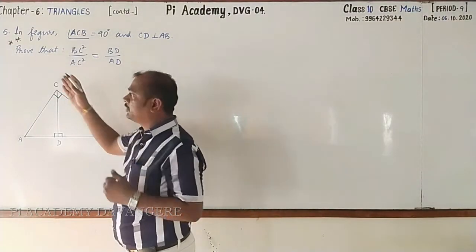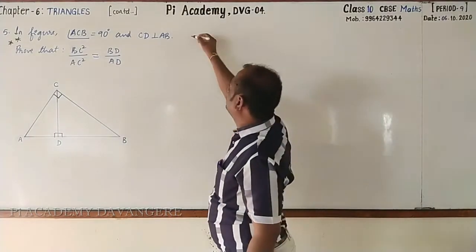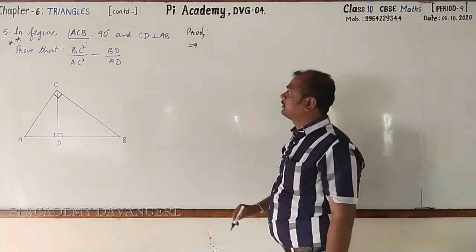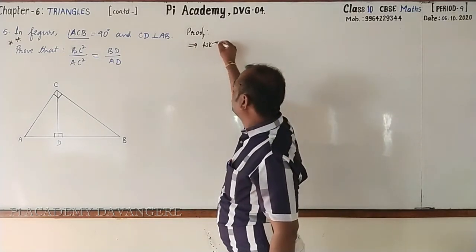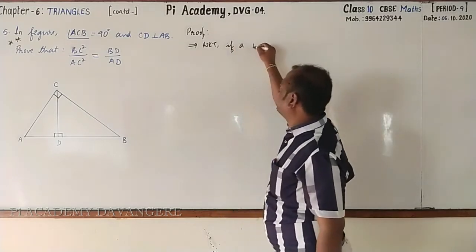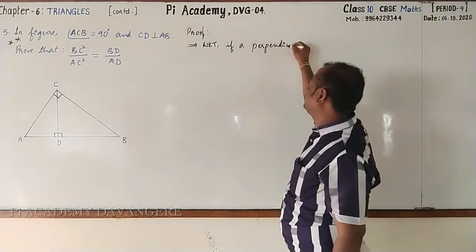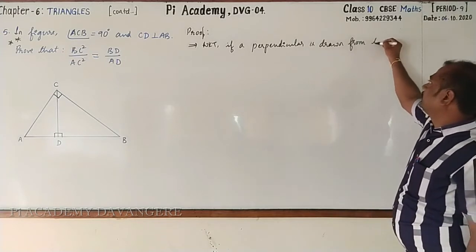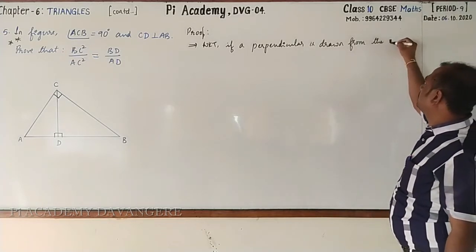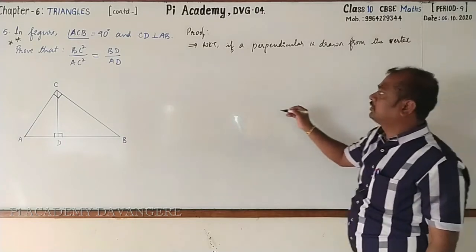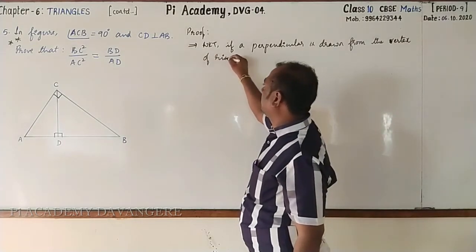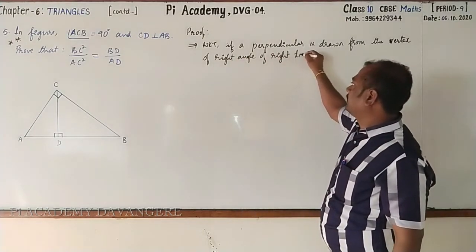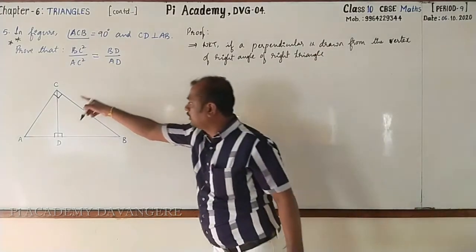So pausing the video, you copy from there to here. Afterwards, you can start writing the proof with me. I'll write the statement. What is that? We know that if a perpendicular is drawn from the vertex of the right angle of a right triangle to the hypotenuse,